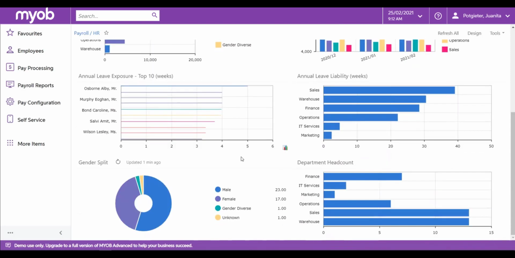Leave can provide a lot of information about what's happening within my organization. Leave exposure can be difficult because if you've got employees with large leave balances that you can't afford to take as a large chunk, you may want to monitor that and ask the employees to take leave on a regular basis. Annual leave liabilities become quite critical as in the last 12 to 18 months of COVID, a lot of